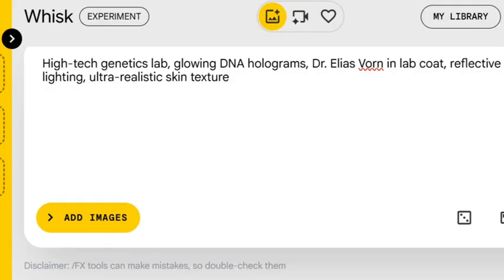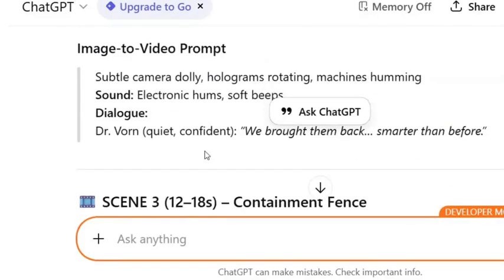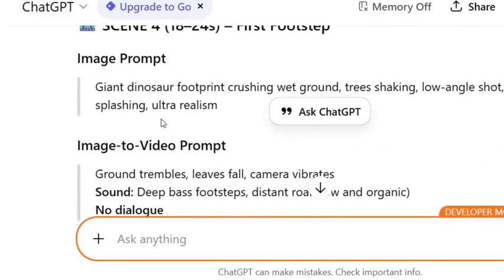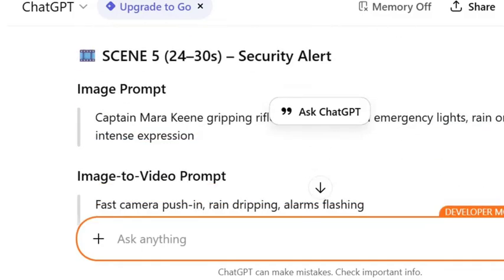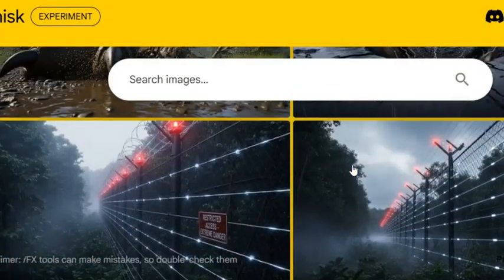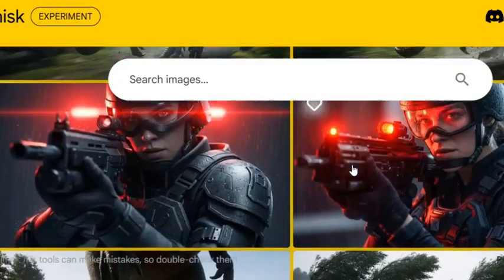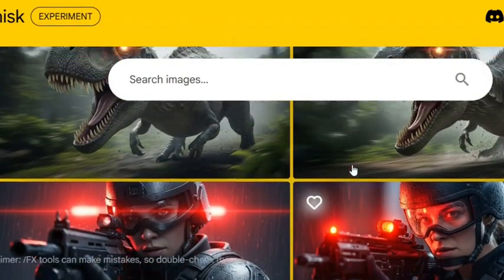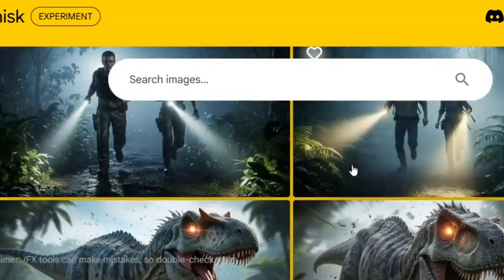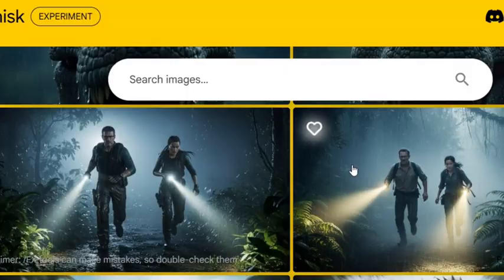You follow this method to generate all your images. Go back to ChatGPT. As you can see, you generate the third scene, the fourth scene. Every scene has its own image prompt, so you generate everything. That is the method I used to generate all these images you are seeing here. I was generating the image one by one, and after generating the images, I saved them to my phone. As you can see, these are all the images. You can decide to save them and use them for your videos.